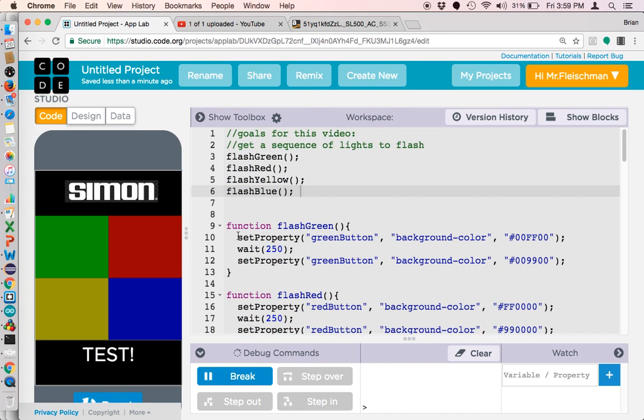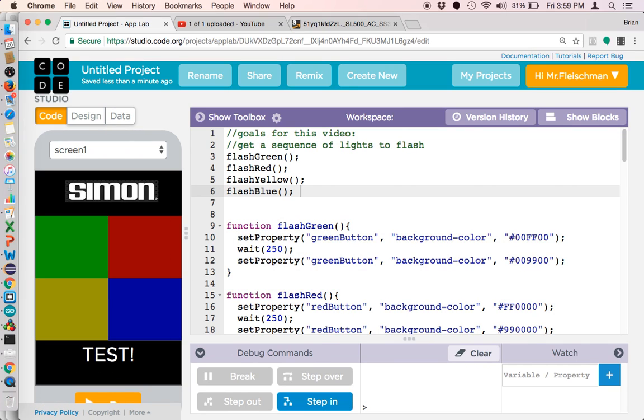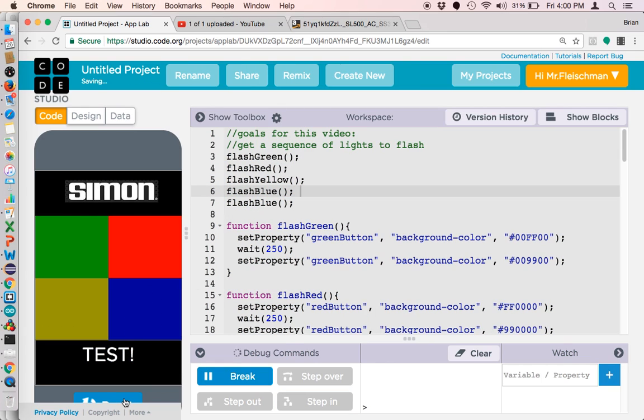So I'm a little bit concerned. I'm actually going to edit this up real quick before we end the video. It's going to come in handy because I made the same mistake the last time I made Simon. I want the flashes to actually be separated. So notice I put 2 flash blues in a row. This becomes a problem, you can see. The 2 flashes, we can kind of tell that one was longer, but it's not clear that it was like,